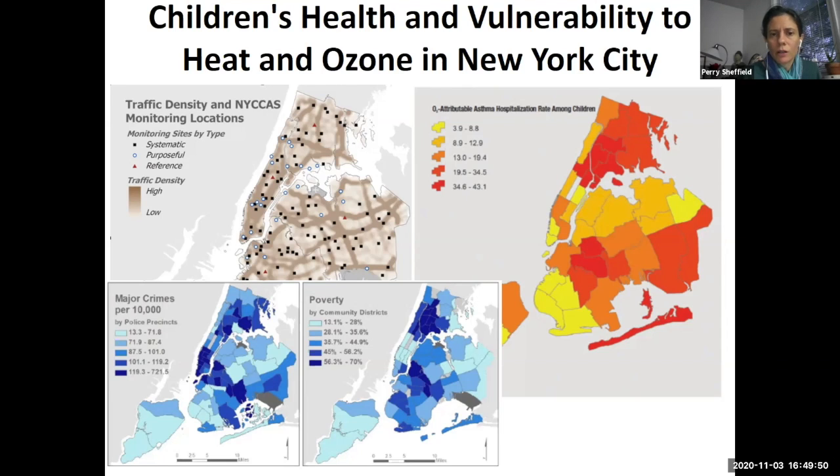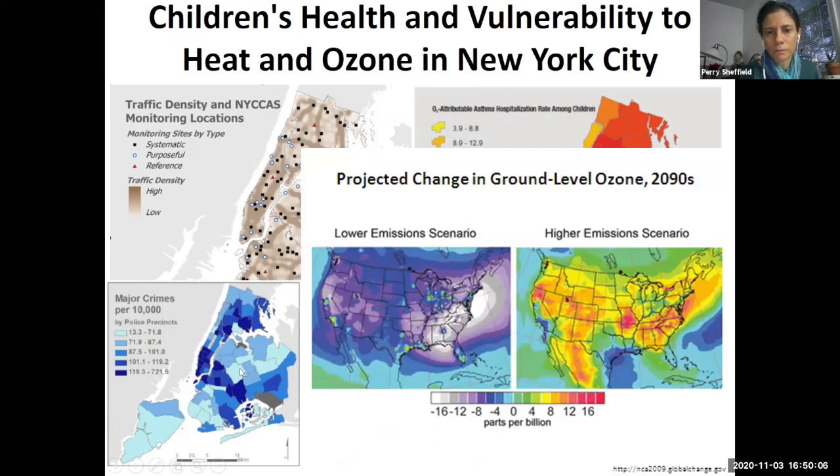And so we're starting to try with some of our research to try to understand these interrelationships to better emphasize the role that these social phenomena, if you will, play in health and how it interacts with these chemical exposures. And then some of the work that we do actually looks at projections in how climate change will change things like ozone in order to be able to make health projections. The idea being that we can, one, tell the story better and also better prioritize resources.